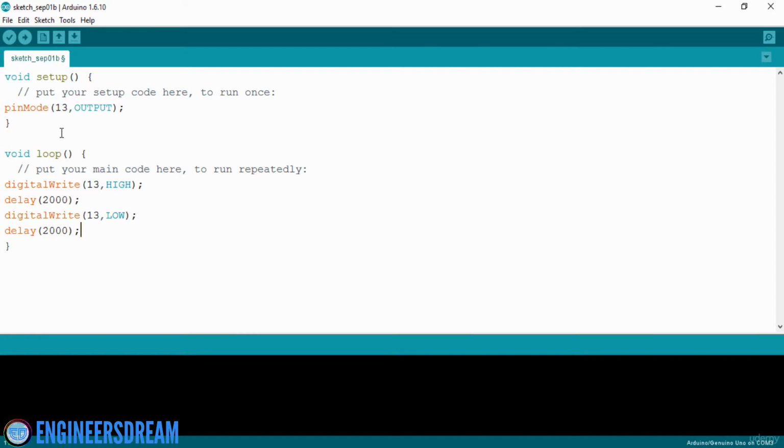Now guys, let me run through the code once. Inside the void setup, as you can see, I have declared pin number 13 as the output. After that, inside the void loop, I'm making the LED 13 high for 2 seconds and low for 2 seconds. And since I've written this condition inside a loop, this program will keep on executing again and again, thus making